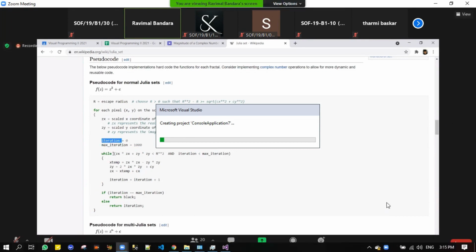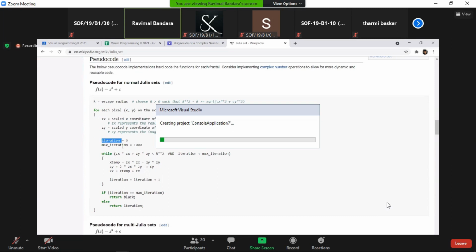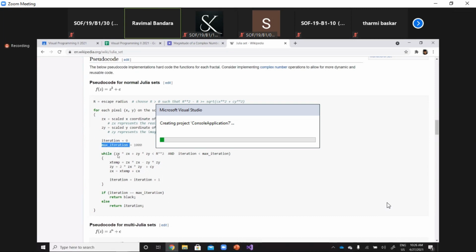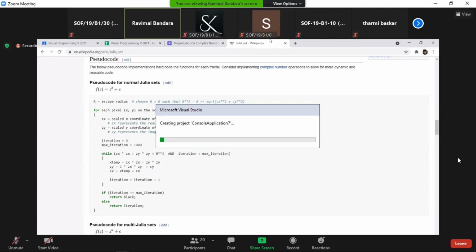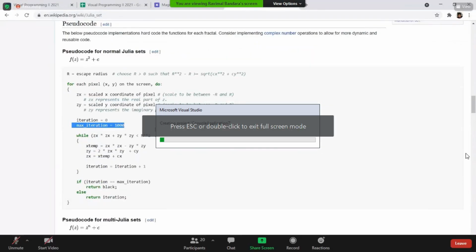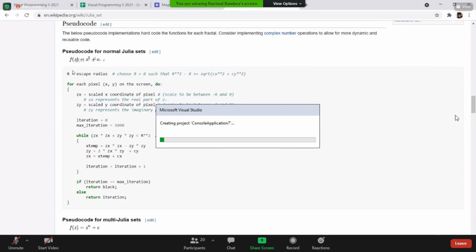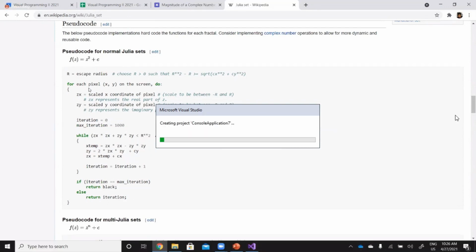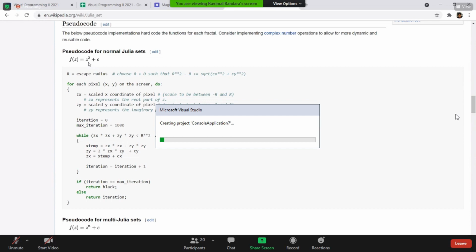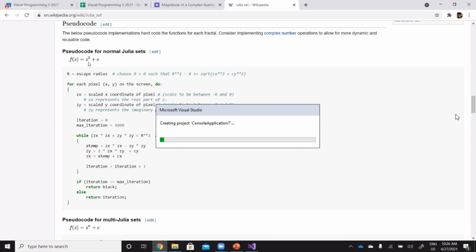You have a variable called iteration and also another variable called max iteration, which is a constant. And then you keep looping. How do you loop? This is how you loop, right? So you make that x and y as a complex number. So that means x plus yi.